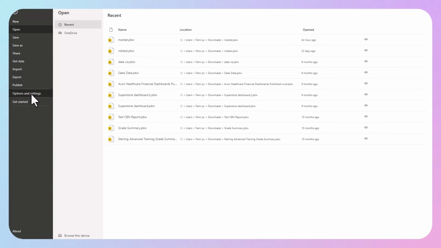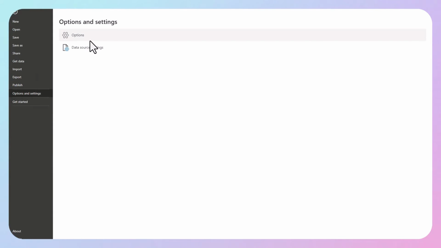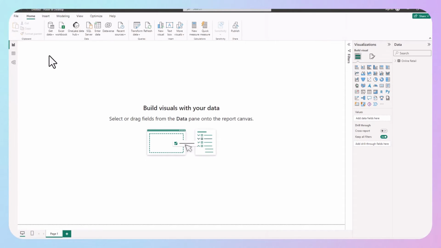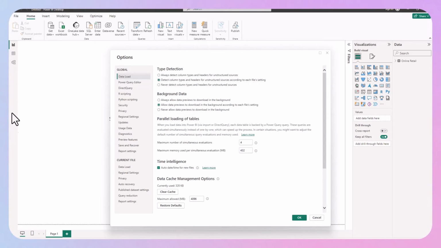I'll click on it, and then you have Data Source Settings and Options. So I'm going to go to Options. After I click Options, the following window is going to open up, and what I'm going to do is I'm going to click on